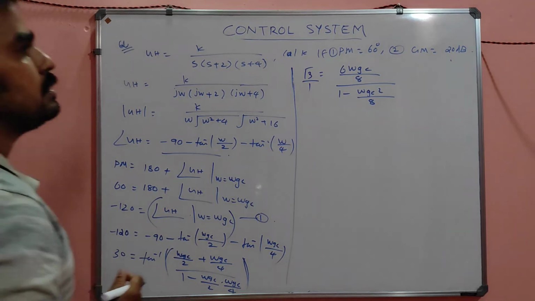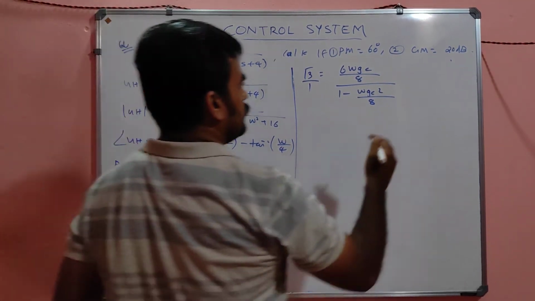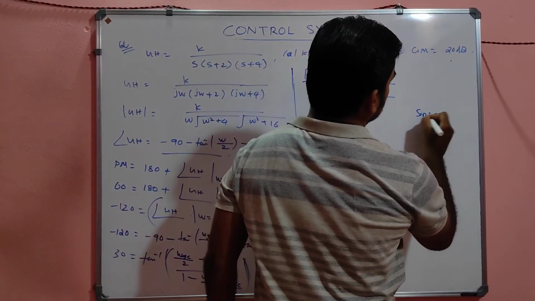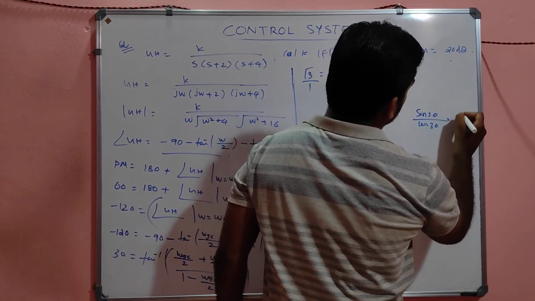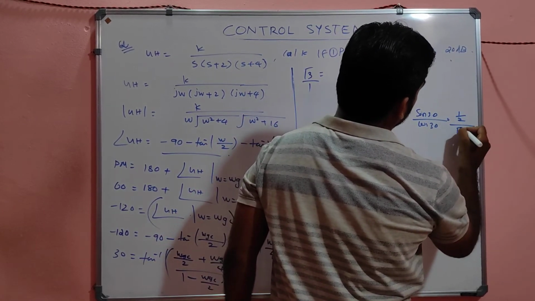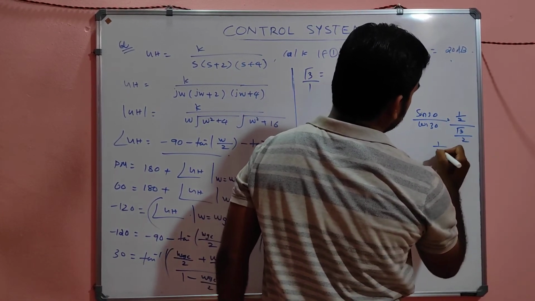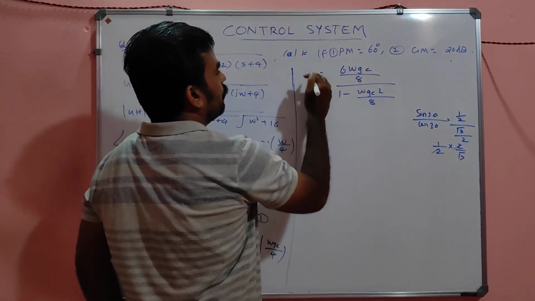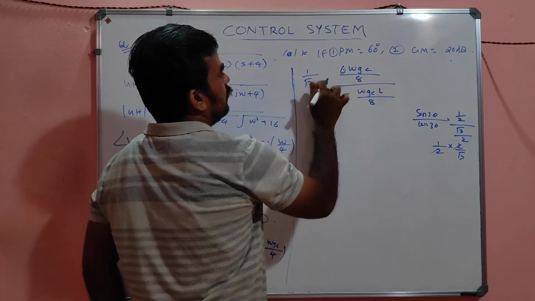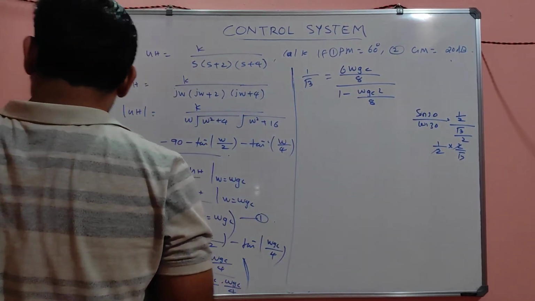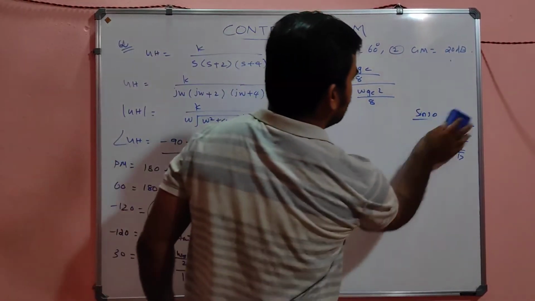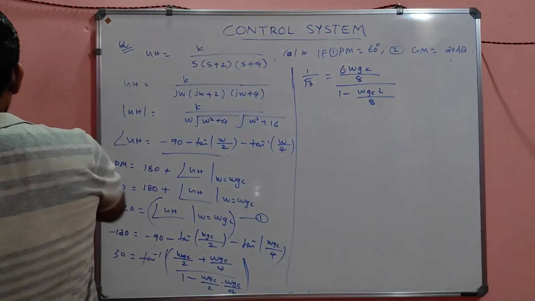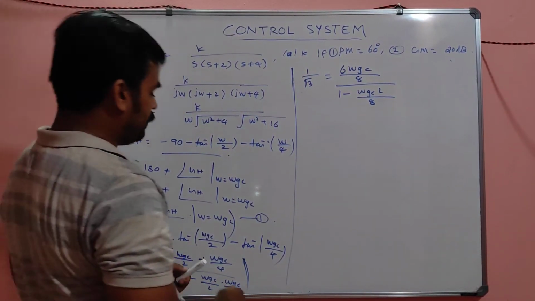Tan 30 is sin 30 by cos 30, 1 by 2 all divided by cos 30, root 3 by 2. Just a minute, my dear. 1 by 2 by root 3. Okay, really sorry, it's 1 by root 3. This much high level problems we are doing, errors will come automatically. So 1 by root 3 will be equal to 6 omega GC